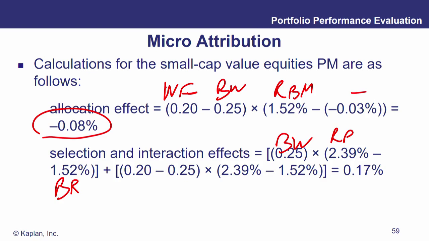So again, 0.2 versus the benchmark of 0.25. We underweighted small cap value equities in our overall portfolio. We have the fund return of 2.39%. We're going to subtract the benchmark return, and we get overall